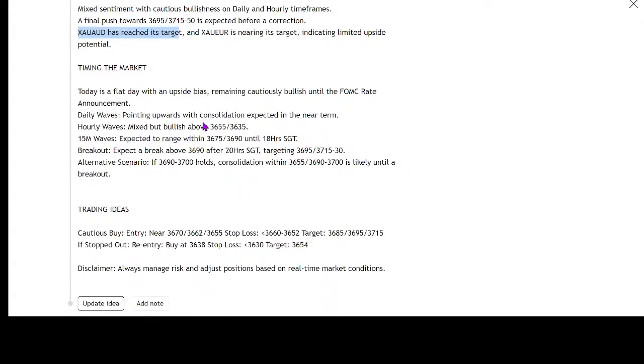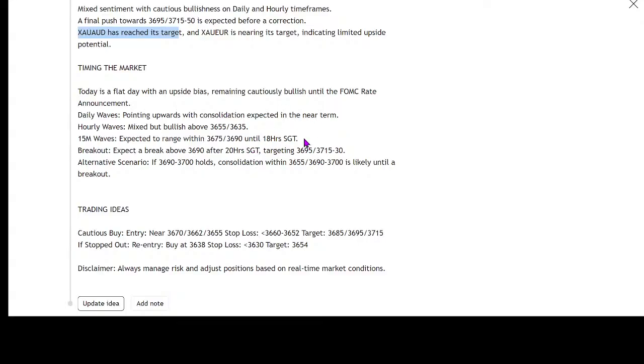So timing the market, how can we trade? Today this is a flat day with an upside bias remaining, so cautiously bullish until the FOMC rate announcement. So we are still bullish but cautious until tomorrow. The daily waves are pointing upwards with the consolidation expected in the near term. Hourly waves are mixed but bullish above 36.55 and 36.35. For the 15-minute waves, we were expecting to be trading within 36.75 and 36.90